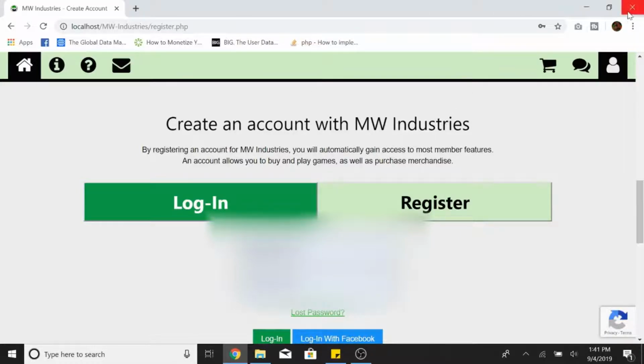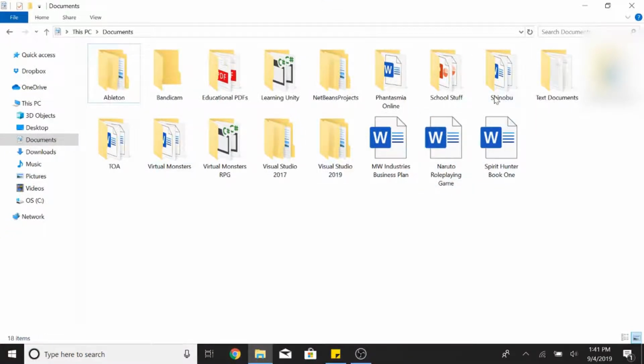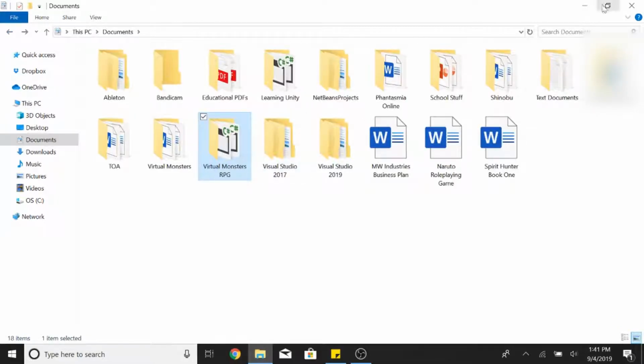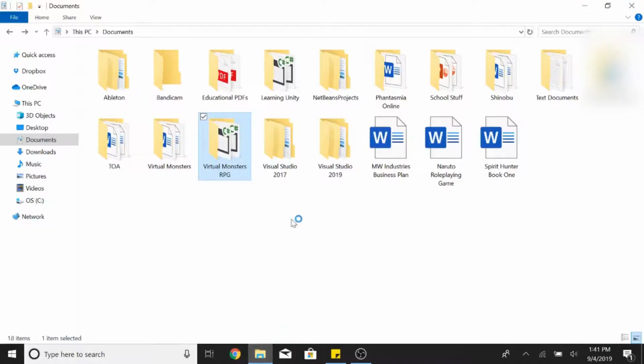So enough of that. The next thing I wanted to show you guys was my documents here. As you can see, I have my documents loaded up like this. This project file here called Learning Unity, this is actually what I've been showing you guys for the longest time when I keep referring to my game. Actually, this is a Unity environment called Virtual Monsters RPG, where I'm building my actual game. So I want to show you guys really quick my Unity projects before I get into